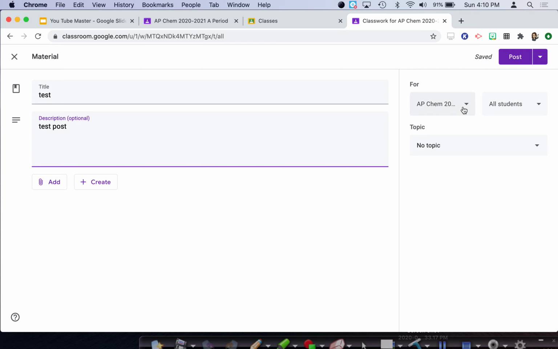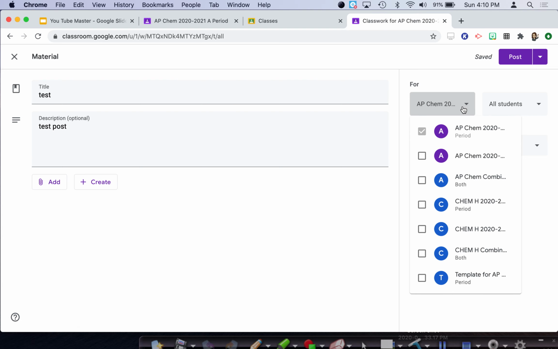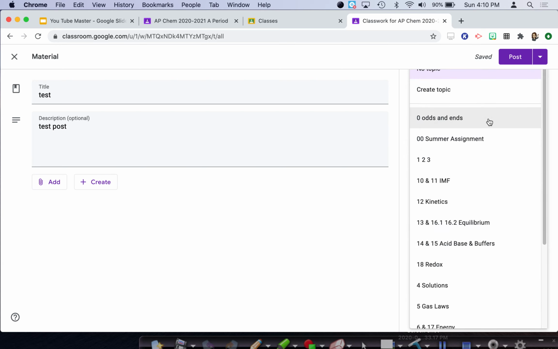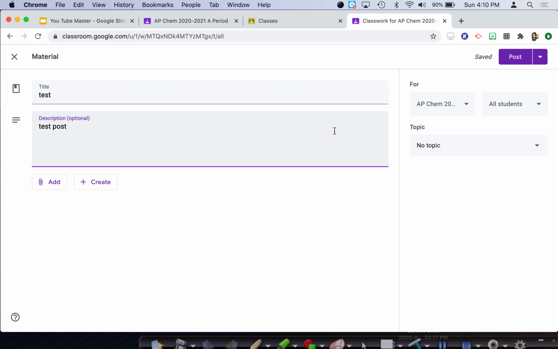I can click it, and this is important if you're posting to 2 separate classes. I can click it and put it into 2 separate classes at the same time, or even all of my classes at the same time. I can post it to certain students when I have a list, or all of the students, and I can put it into one of my existing topics, or I can create a topic. So you're going to choose any of those, then possibly add an